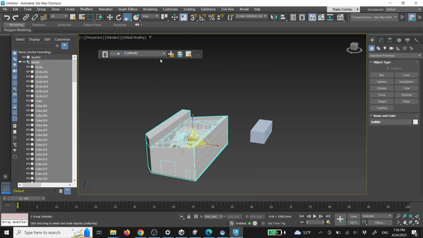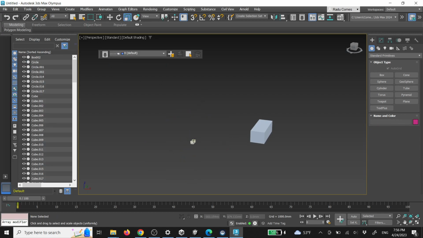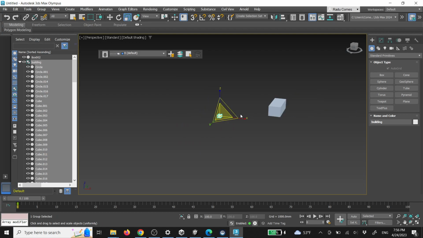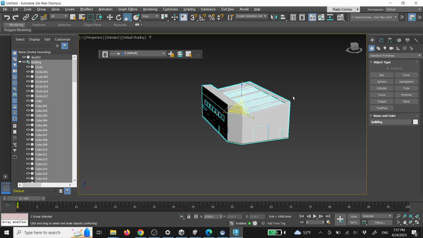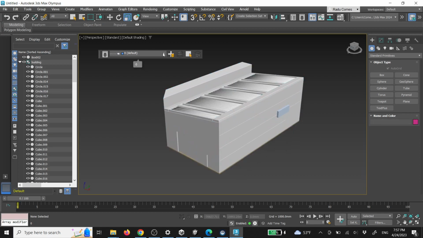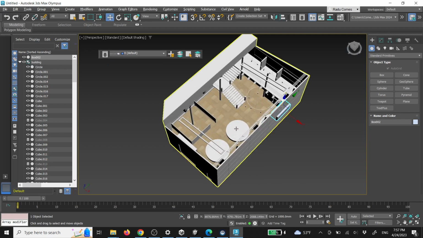It's important also to get all those hidden ones. So before I start scaling those, I will need to make sure that the roof is also selected. Have this group building, and I'm going to scale it up, so something like this. I'm going to make it even larger, and now if I hide the roof, I will have this reference,